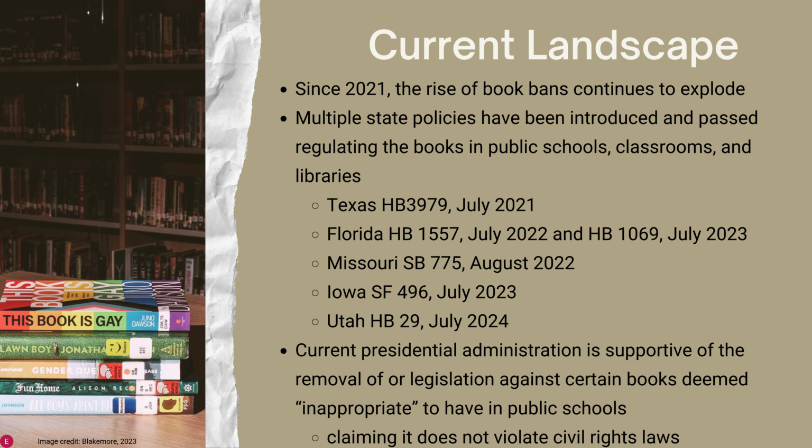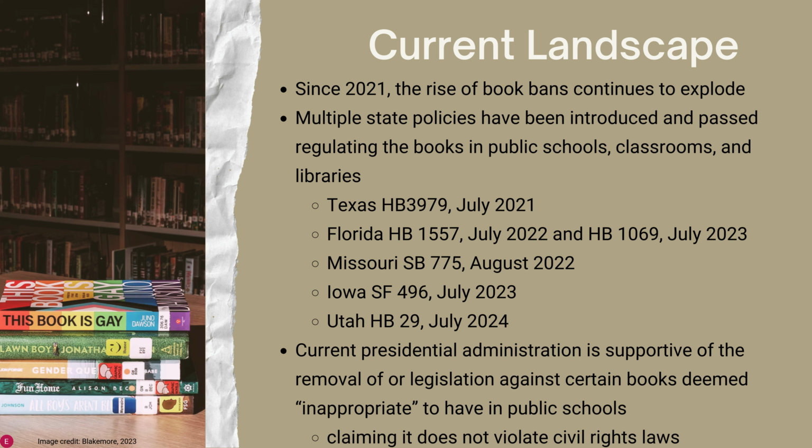Florida House Bill 1069 extends existing restrictions by prohibiting instruction on sexual orientation and gender identity from pre-kindergarten through 8th grade. It also enhances the responsibilities of district school boards regarding the selection and approval of instructional materials, including those